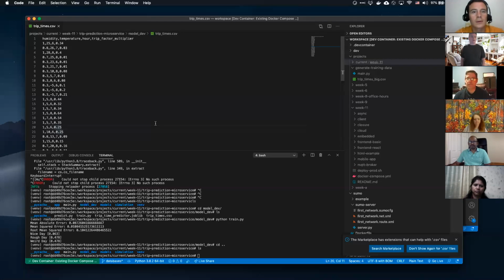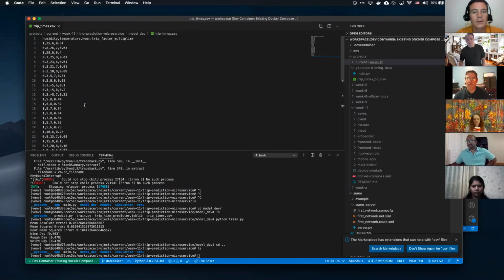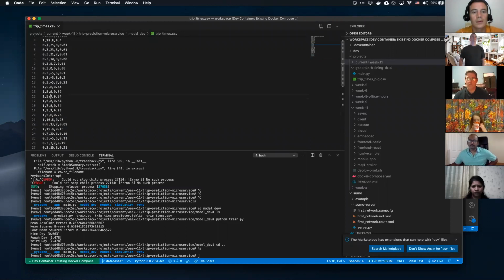So how do you actually collect your data? That leads into my next point: let's look at the data that we have. I generated some data, fake data, of course. There's not that much, only 39 observations. It's pretty awful, but we're using a random forest, so it's pretty robust to that. In fact, I only model 3 hours: 7, 8, and 9, or 6, 7, and 8.